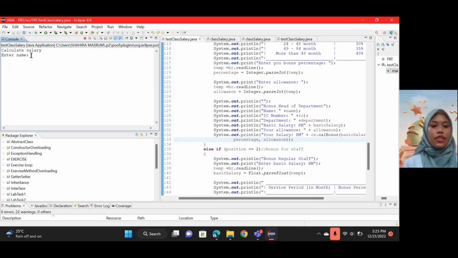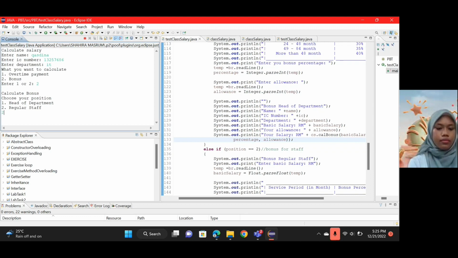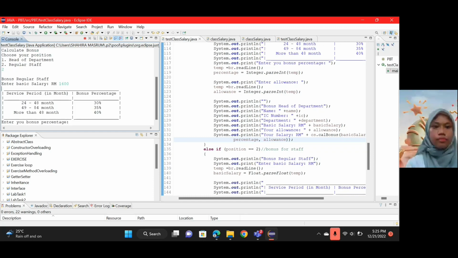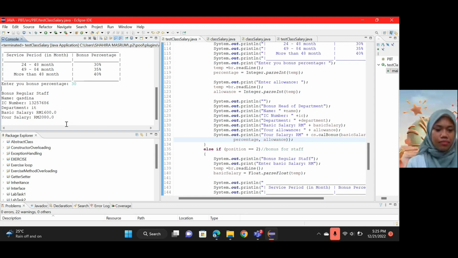Next, the output bonus for regular staff. So this is the output salary for rest of